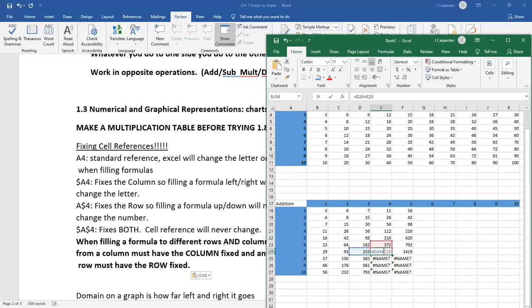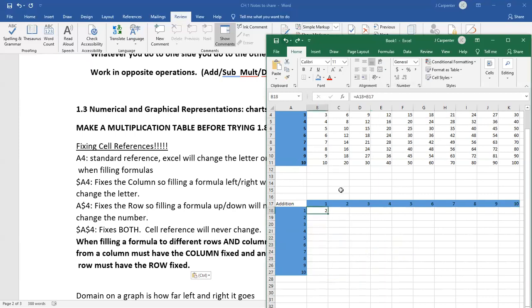The red box is moving down when it shouldn't be, so it should be up here. This is where the red box should be in that row 17, so we need the row fixed. We don't want it moving up or down, so we fix the row for the red. We don't want the blue moving left or right, so we fix the letter. Undo. So again, for the blue, we don't want this moving left or right, so we fix